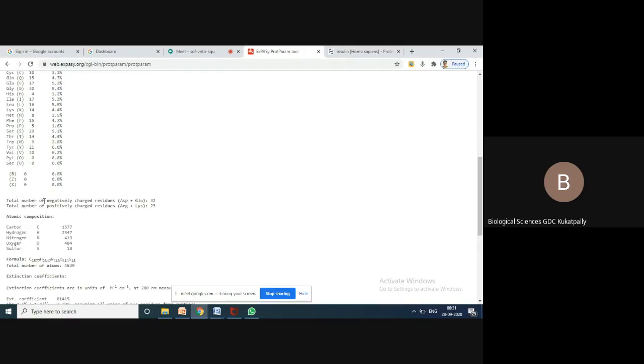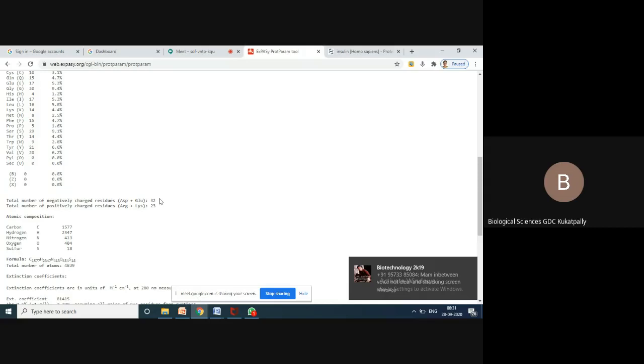Then it is also giving you the total number of negatively charged amino acids and positively charged ones, because that matters if you want to do electrophoresis. Electrophoresis is nothing but separating proteins based on their charge. So it all depends, if your protein is